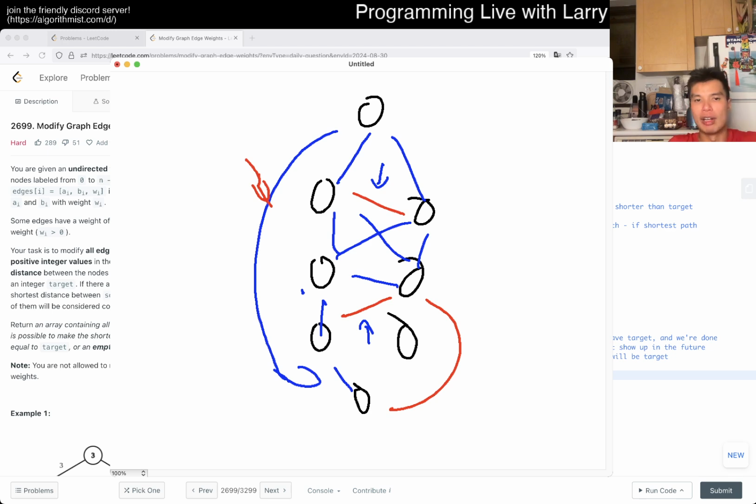So I said that wrong. I made the same mistake again, sorry. But okay, if this is too long, we have to try to figure out another shortest path that includes one of these. So okay, first we will want Dijkstra, and we filter out everything that is greater than target. So that means that in that case, we'll never consider this anyway. And then here,